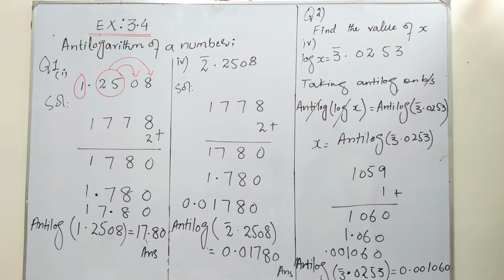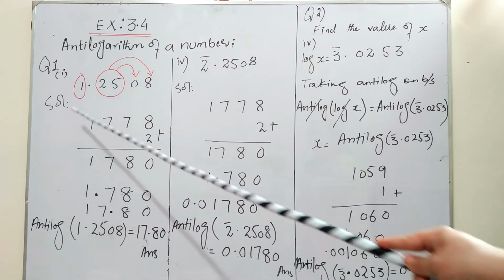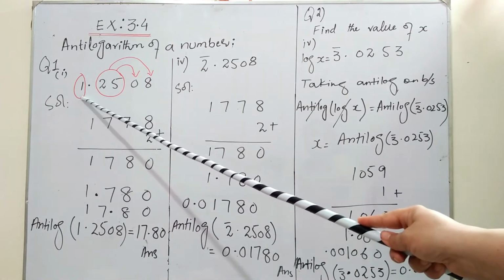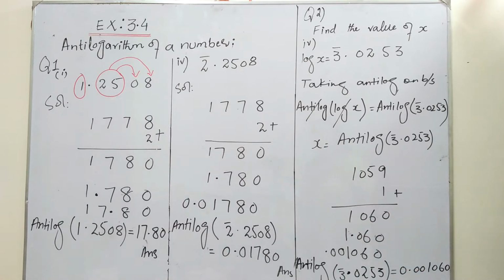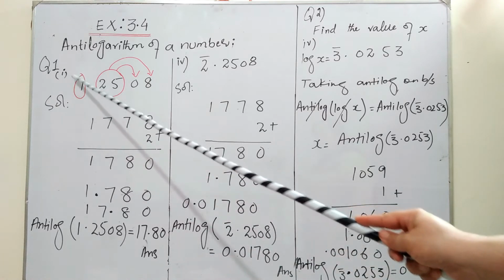Now, the method of finding the anti-logarithm of a number is the same as we find the logarithm of a number. The only difference is how you move your decimal point using the value of the characteristic, and you look for the mantissa values in the log table, but you look in the page which is headed by anti-logarithm, at the top of which the heading anti-logarithm is given. Now, question number 1, part 1 is